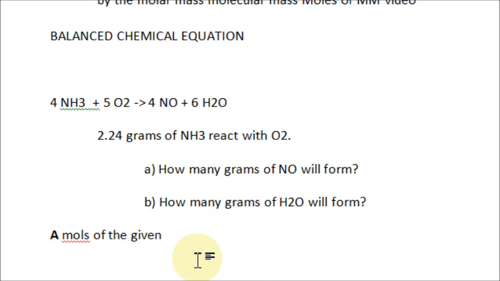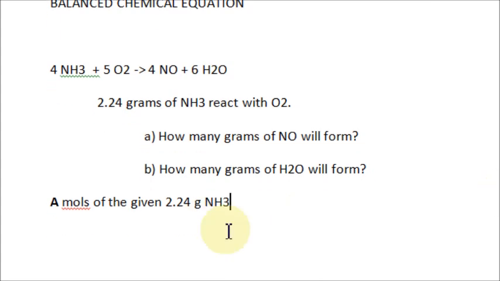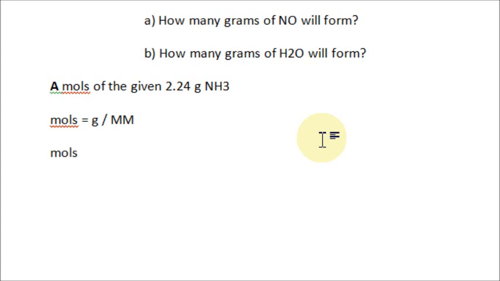of the given. And the given is 2.24 grams of NH3, ammonia. Yeah, so to find moles, like I said, if you don't want to do that, click the video, but here's pretty much how you do it. Moles equals grams over molecular mass. Plug in what you know. We're trying to find moles, so moles equals 2.24 over 15, because 15 is the molecular mass of ammonia, NH3,